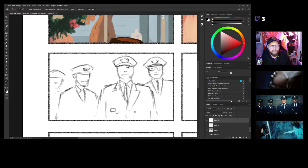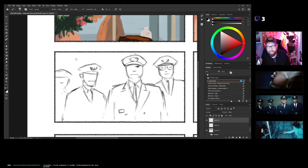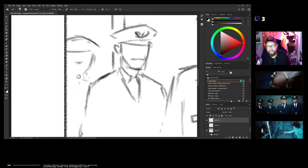You see how the lineup of these cops draws a line, bringing you to the big messed up eye cop. Solid cinematography. Good composition. This is where I get a lot of this. I do want a lot of my static work to feel cinematic, so I use a lot of